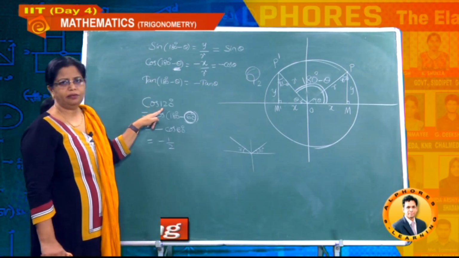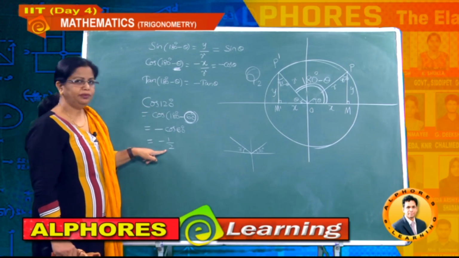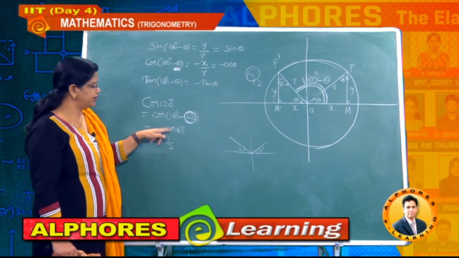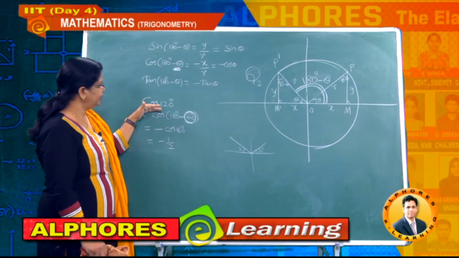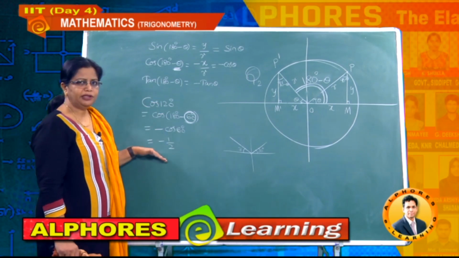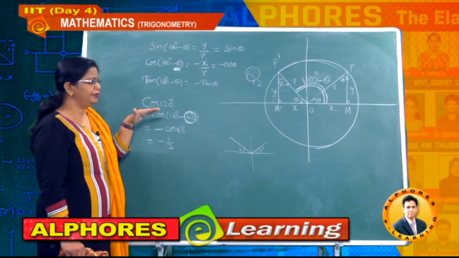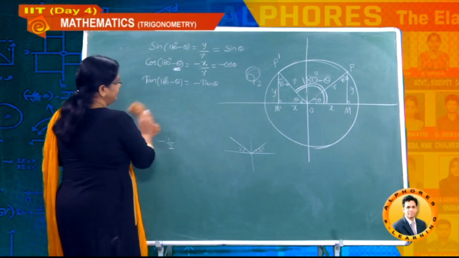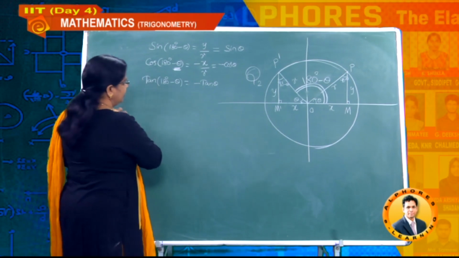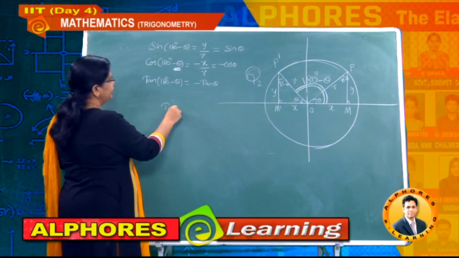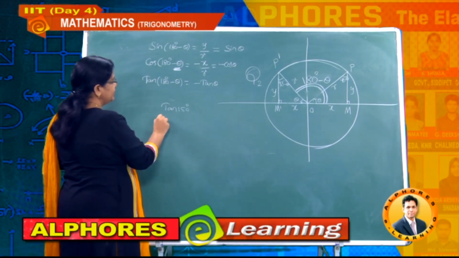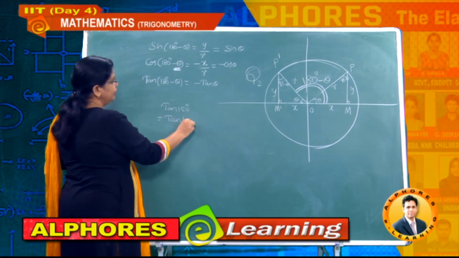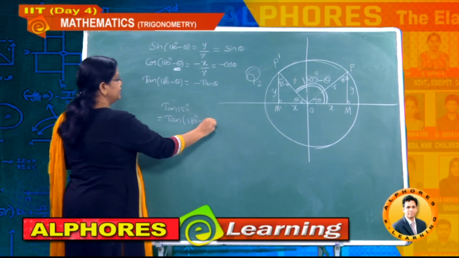Now, these kinds of values we need to remember directly later; we do not use all these steps also. I already told you, while doing mathematics problems, you have to do one step in the mind, one step on the paper. And next, suppose I want to get tan of 150 degrees, then this is equal to tan of 180 minus 30 degrees.